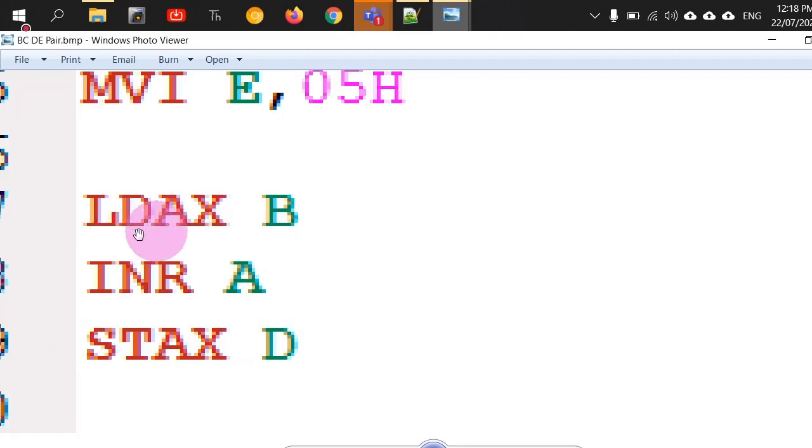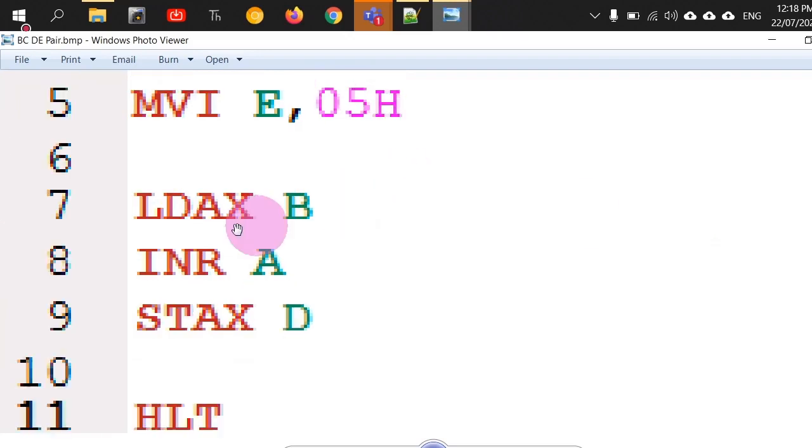Have we read the LDA command earlier in the previous lab? Yes, sir. What is the purpose of LDA? Load into accumulator. Load into accumulator some data. Where did it get the data from? External memory. But what do we write after LDA? Address of that external memory. We write the address, right? We write the address of that memory location.